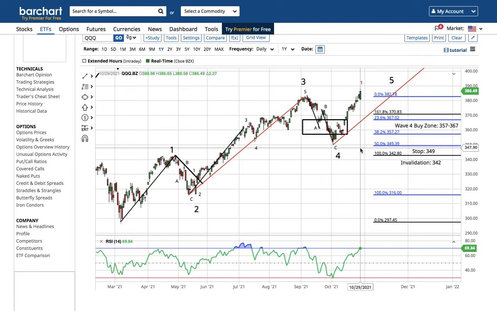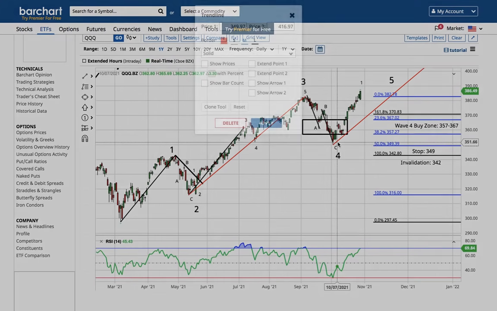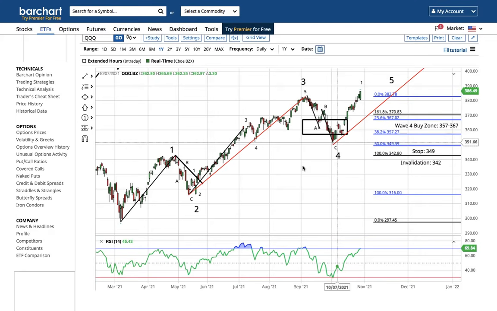Here's the thing. Microsoft and a lot of charts are showing that we're going to go a lot further than 395. Microsoft has already passed the length of wave 1, placed at the wave 4 low. So we'll look at that next. I think for the Nasdaq, this is a wave 5 that's going to go a lot further than 395. It's going to be the length of wave 3, placed at the wave 4 low, and this wave 5 is going to go all the way to 416.